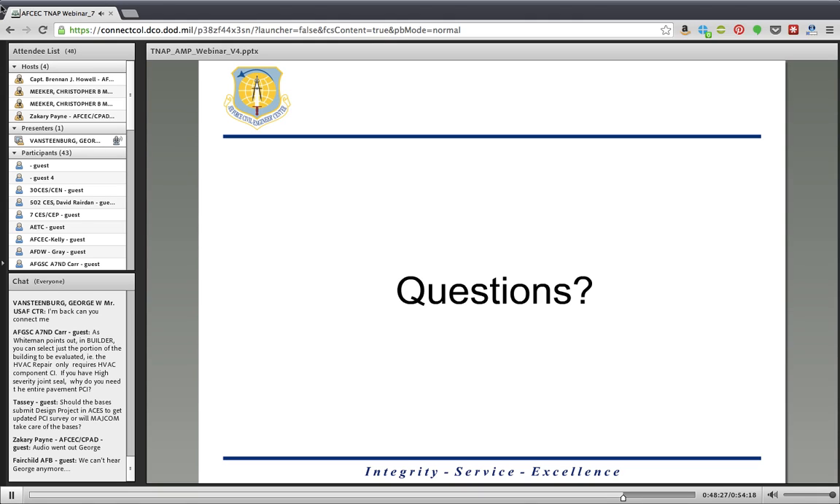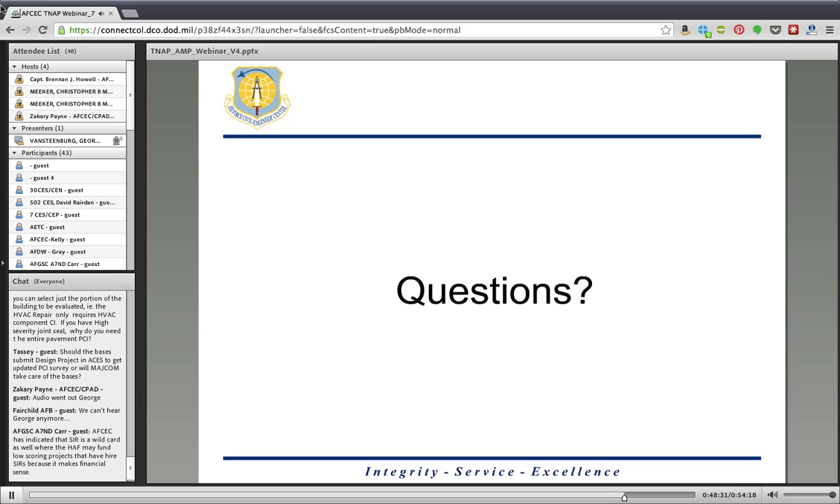At any rate, as part of the PCI, we're going to get the pavement facility map and the common installation picture from the base. We're going to review that, redo the segmentation in preparation for the evaluation, and